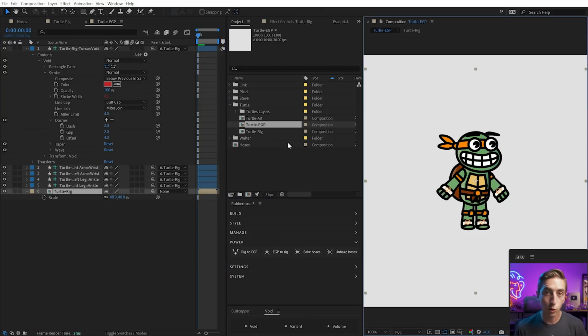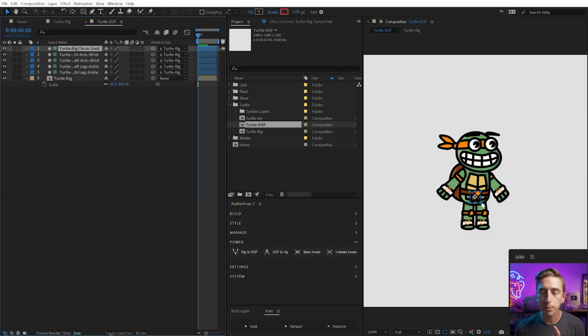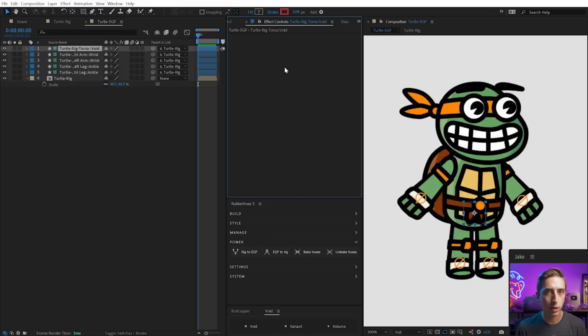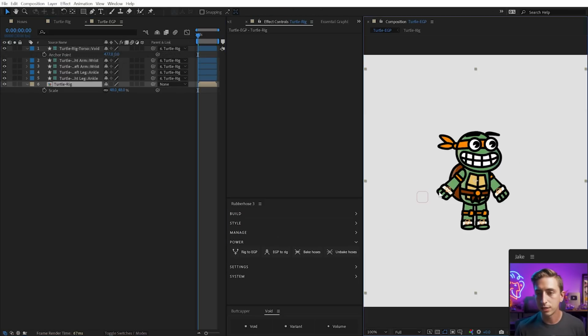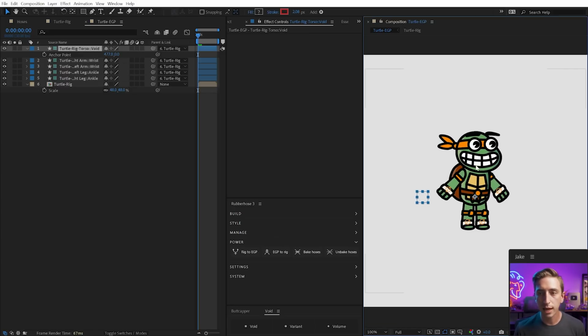Now, one thing you will notice is that this torso void layer that I created, it's gonna be placed right in the center because it's not gonna bring that controller in with as much detail as we had in the other comp. So if I go to the effect controls, none of the void layer controls are there, but that's okay because I can just open up the anchor point and shift this over to have it be very similar to what we had in the other comp. But now I can click and drag to move that torso around, and I can even bring that head rotation